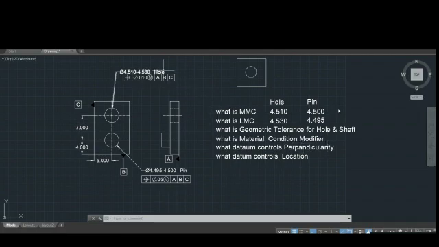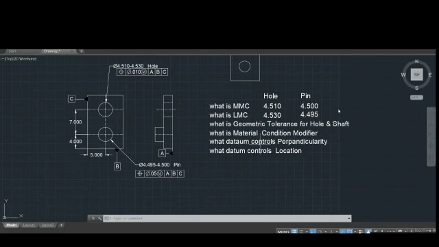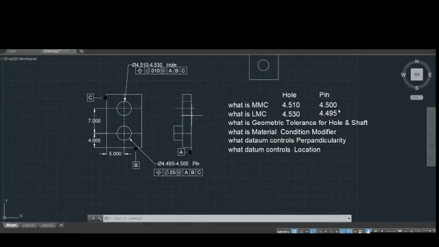In case of both the hole and pin, the material condition modifier will be M, that is maximum material condition. Then, what datum controls the perpendicularity? This datum will control the perpendicularity, so the answer will be A. Then, what datum controls the location? The location of this hole is controlled by means of B and C. So the answer will be B and C.